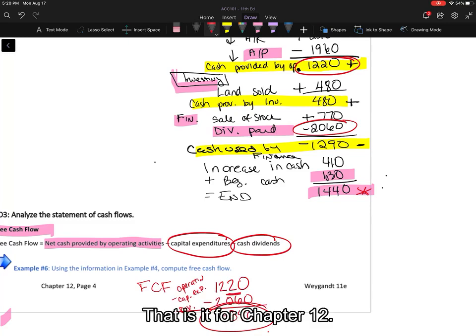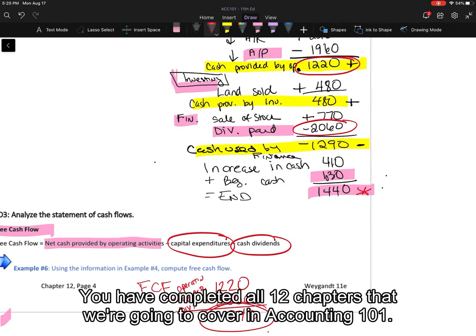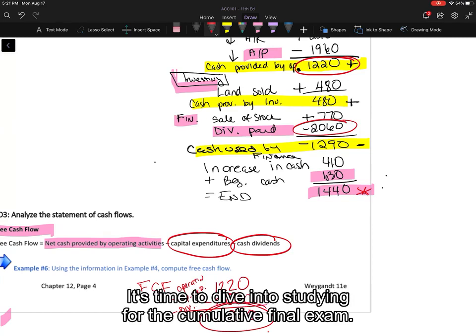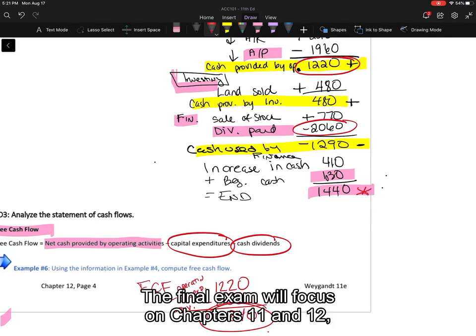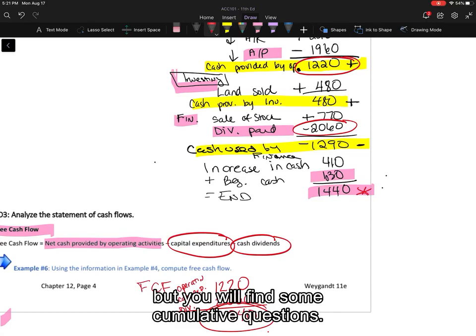All right, so that is it for Chapter 12. You have completed all 12 chapters that we're going to cover in Accounting 101. So it's time to dive into studying for the cumulative final exam. So the final exam will focus on chapters 11 and 12, but you will find some cumulative questions